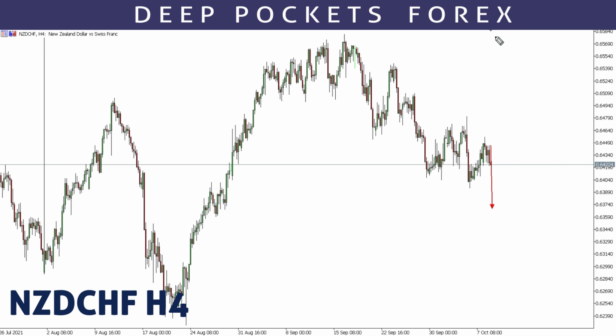This is NZDCHF. For NZDCHF, this past week we forecasted this drop here. We said that we're expecting one more drop, breaking previous low, but you can see that we just got a slight drop here, which is just around this low, same level as this low. So this next week we're expecting this drop here to break this previous low all the way down to this level here. After we get this down move, then we can be expecting price to start moving up here,